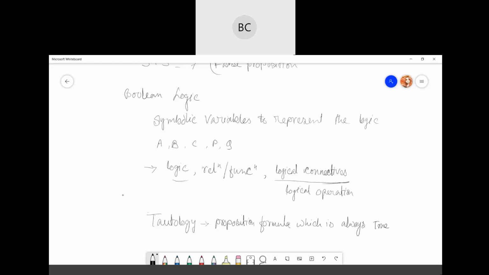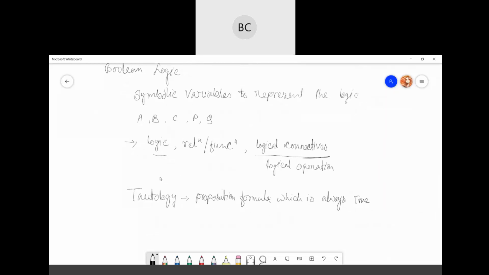If there are propositions that are always true, then there will be statements that are always false. Those are called a contradiction. If statements are always true, then it's a tautology. Otherwise, if it is always false, then it's a contradiction.